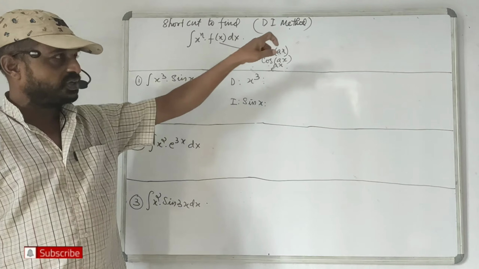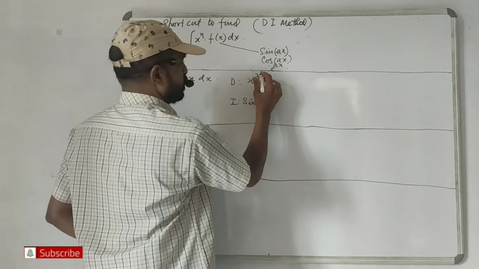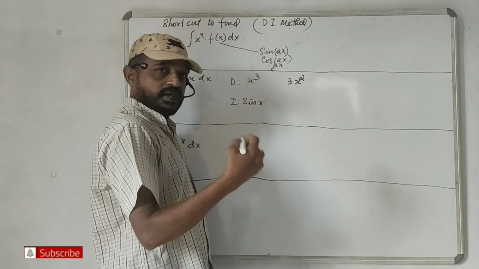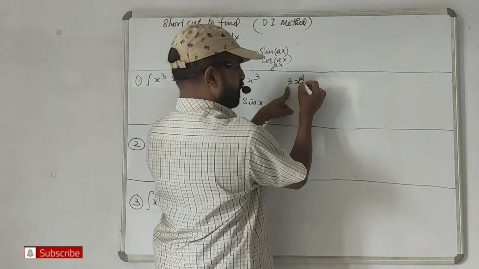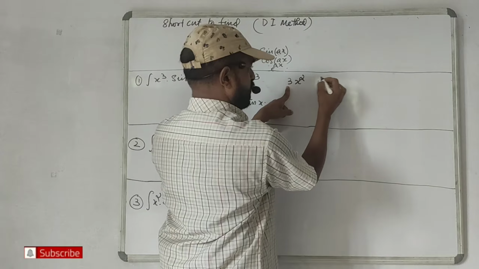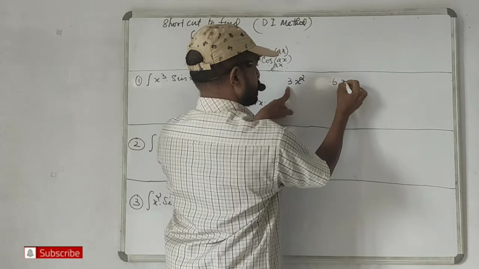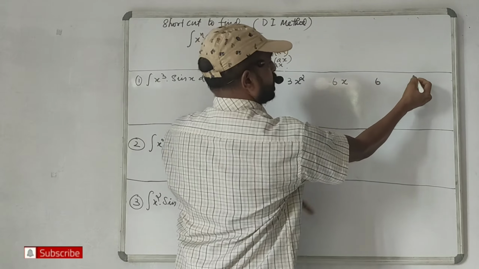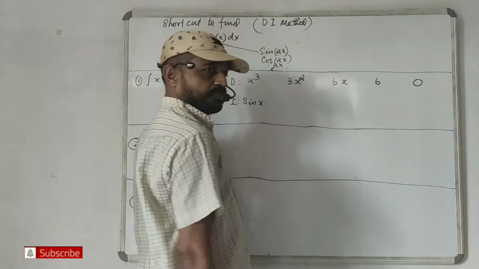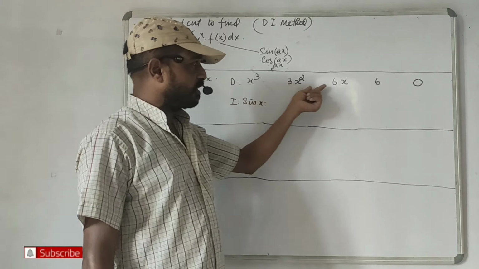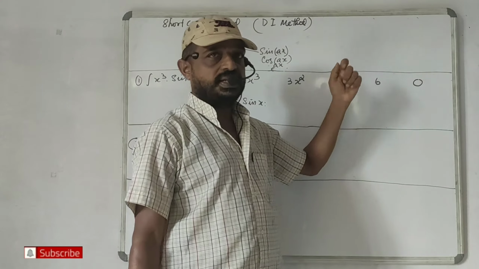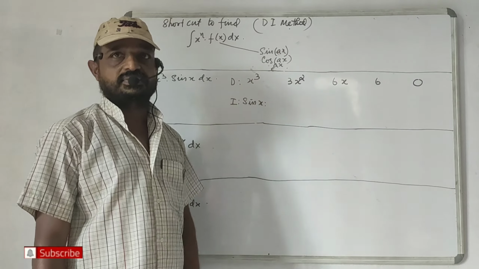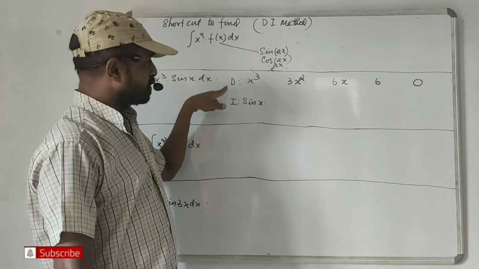So x cube, we are differentiating successively. What is the derivative of x cube? It is 3x square. Again differentiate. 3 into the derivative of x square is 2x, so 3 into 2x is 6x. Next, the derivative of 6x is 6, and the derivative of 6 is 0. That means you will have to differentiate the first function till we get the value 0, and the second function is to be integrated successively. That is why this is called the DI method,